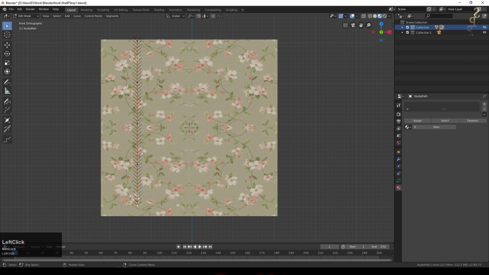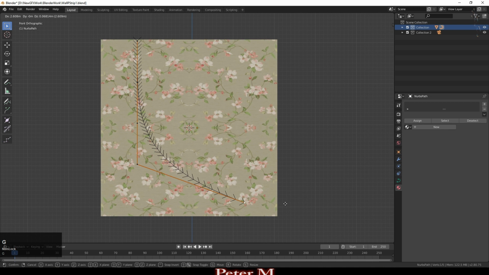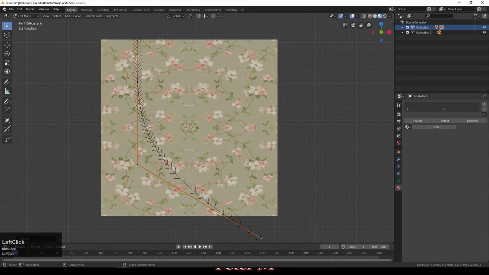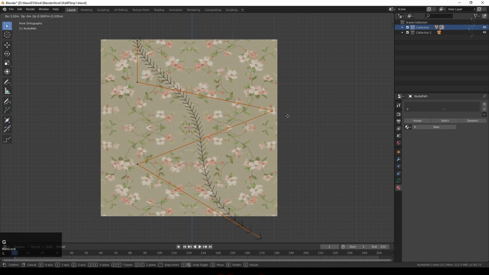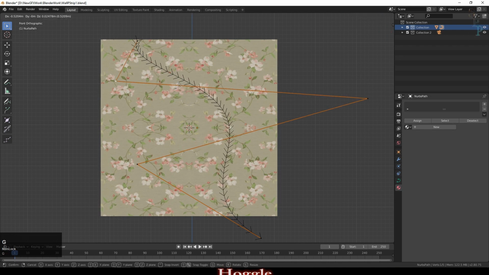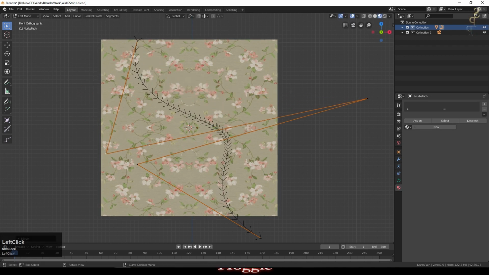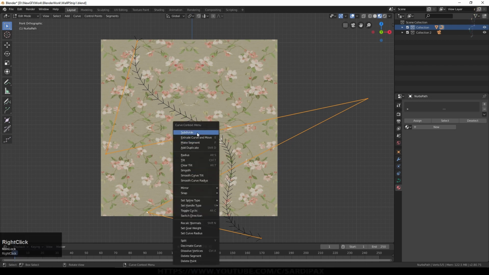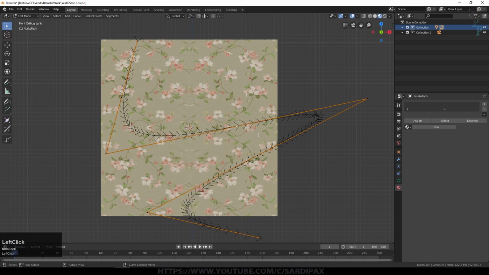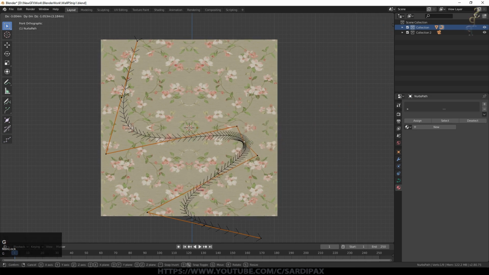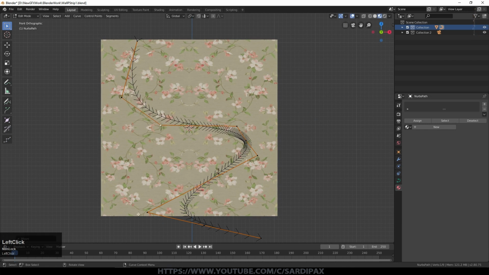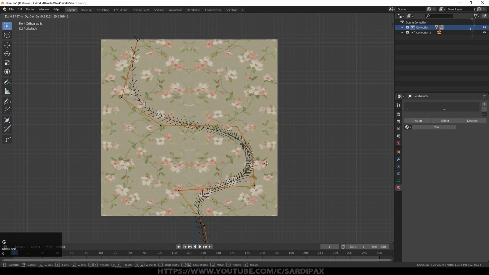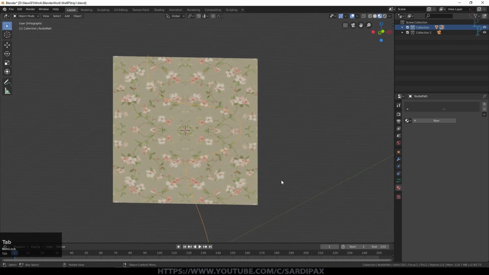I decided to use a slightly more interesting path. In edit mode, just grab the last point, drag that somewhere down there. Grab another point, perhaps move that over to there. And another one perhaps over to there. You don't necessarily want extreme movements. And what I also did, I've selected them all there, is right click and say subdivide. That will give you opportunities to force it to go where you want it to go, but not have too extreme a change in direction. So I'm just pressing G to move these. So there's our initial path.